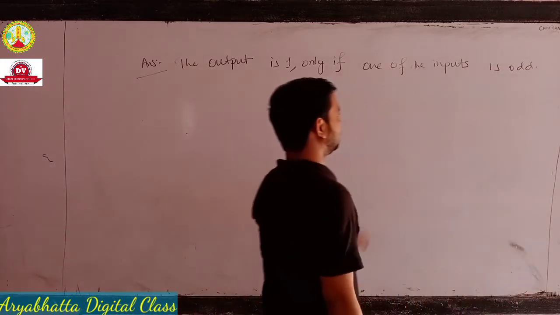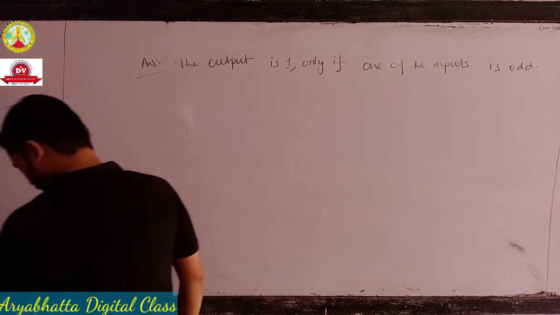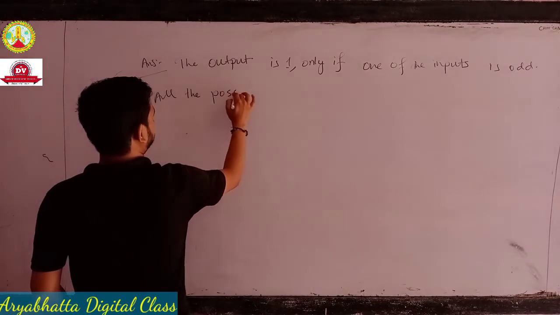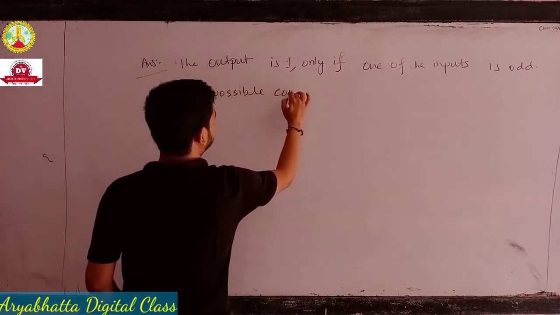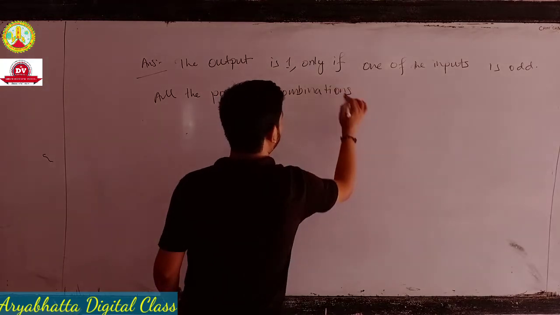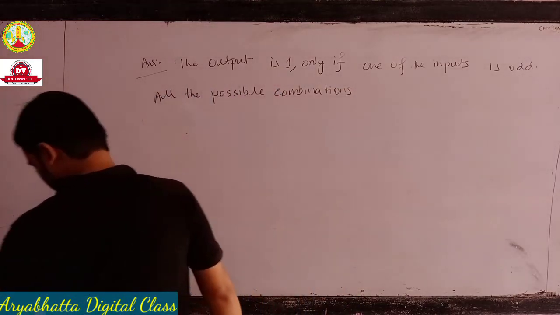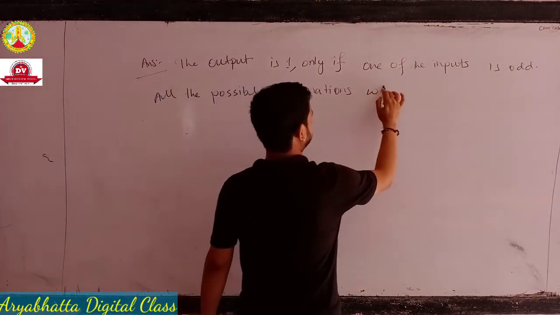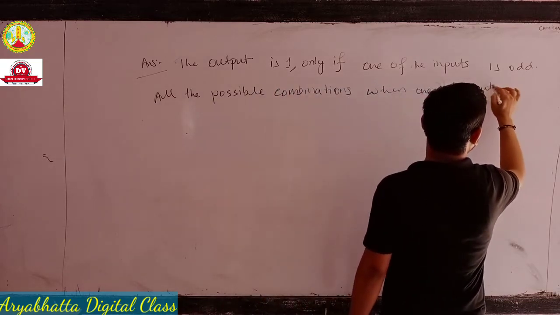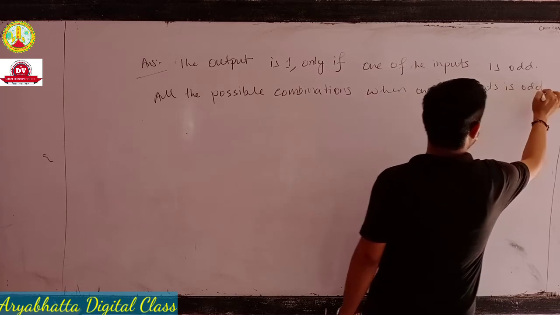Full stop. Right? All the possible combinations when one of the inputs is odd